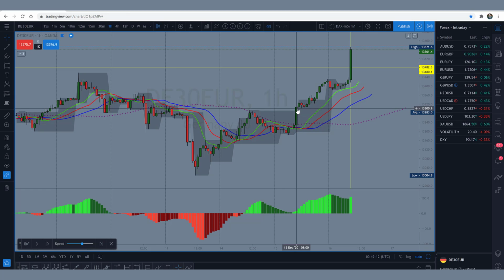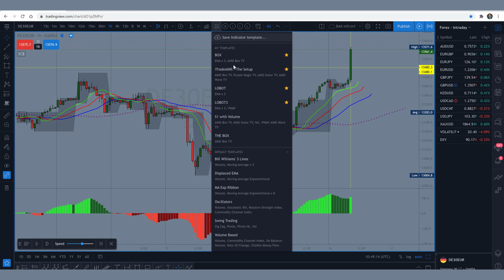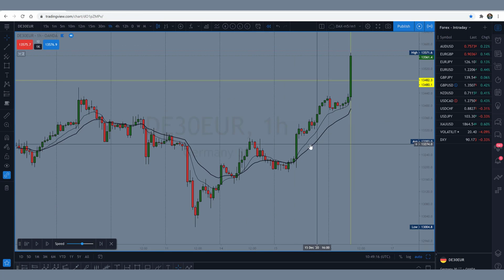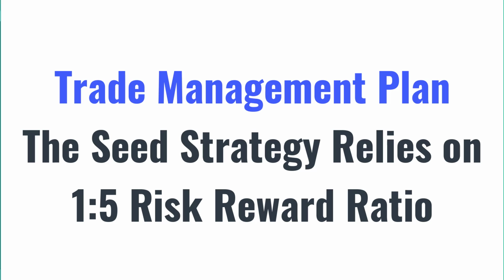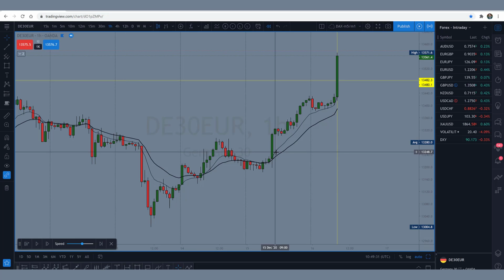So you have a trend candle, like yesterday we had this. Let me actually move back to the other. And you found the seed candle now. Now, you need to have good trade management. Every strategy relies on a good risk and trade management plan. The trade management plan for this method that works best is this: